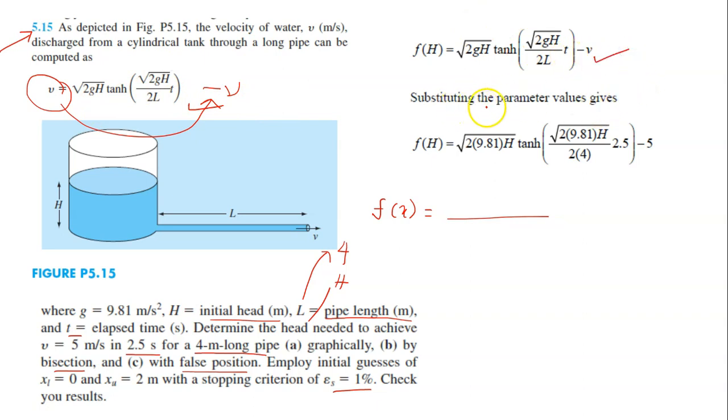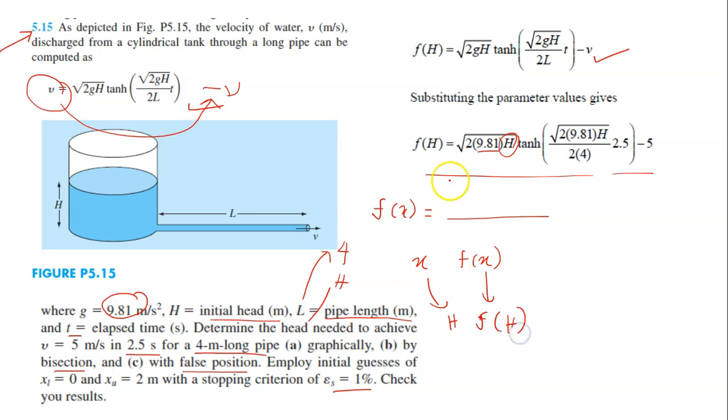And then substitute the parameter values, all the values given, that will give you this equation. So 2, this is g, substitute the g, and then h, this is what you are trying to work out. So you are actually very familiar with x and fx, but in this case the x is h and this one is